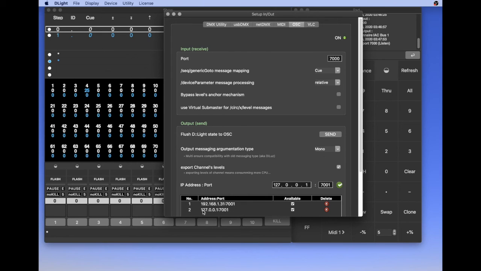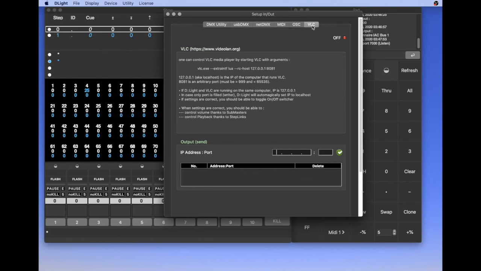This specific address means localhost. It means that it will send OSC messages to other software that listens to OSC on this port. Daylight is listening to OSC messages on port 7000. Okay.